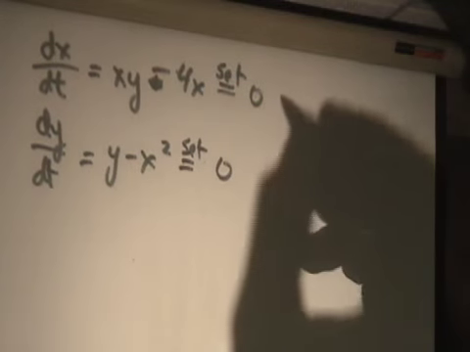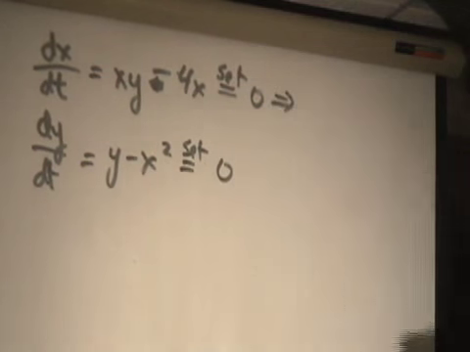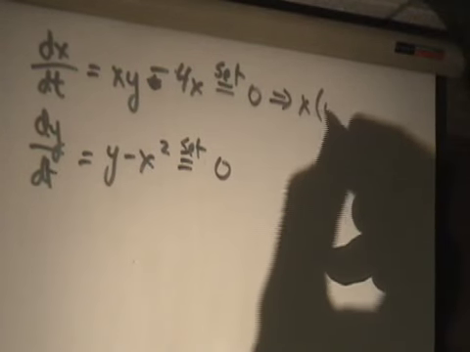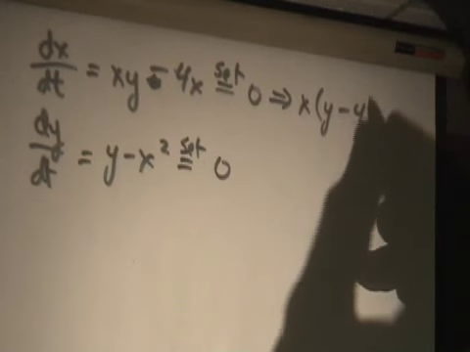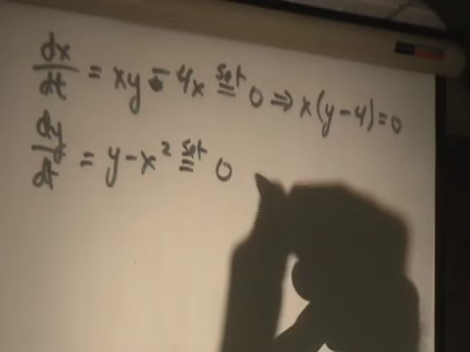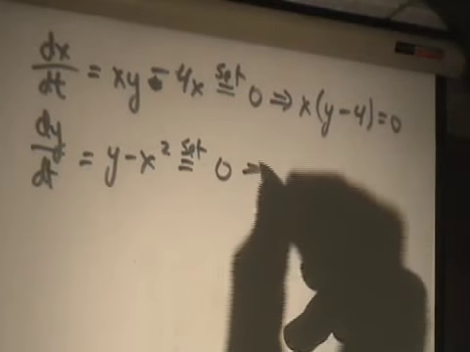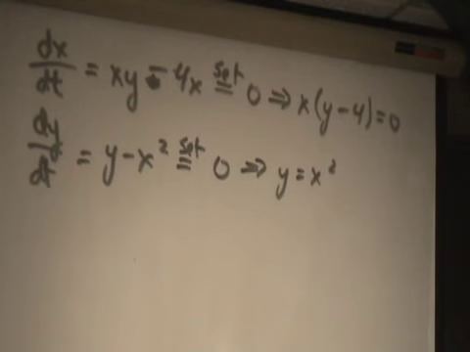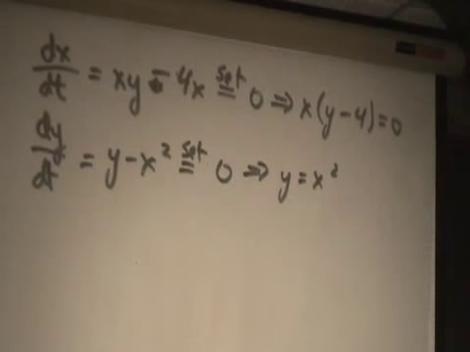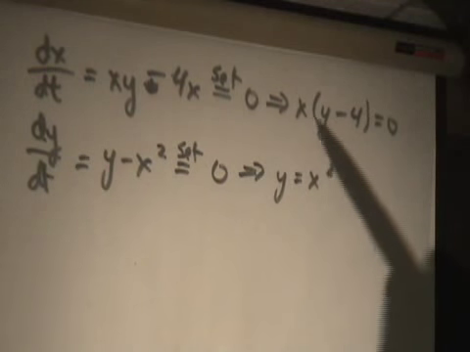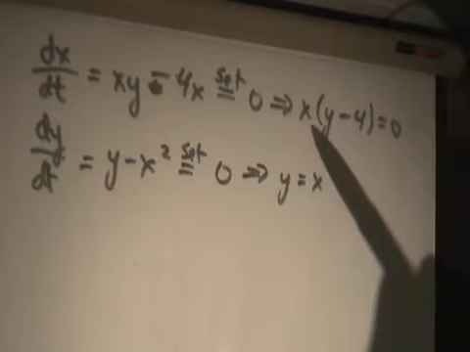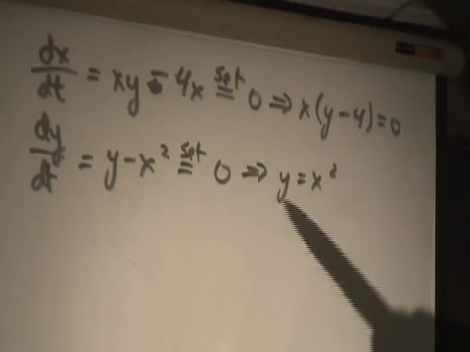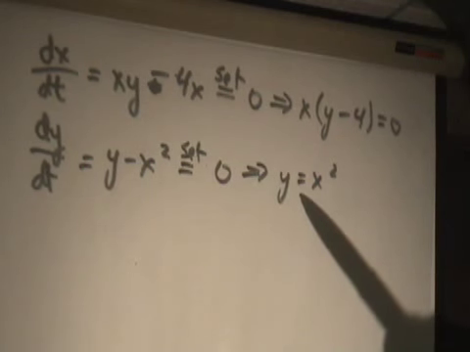The first equation, we can factor out an x to say that x times (y minus 4) equals 0. And the second equation is equivalent to saying y equals x squared. Let's see if we can just solve these by thinking about them here, which is what you would have to do pretty much anyway. Certainly this first equation is going to be true when x is 0. And when x is 0, y is forced to be 0 to make the second equation true. That means the origin